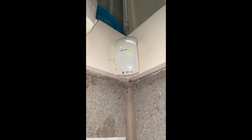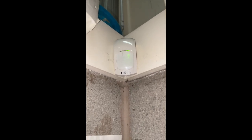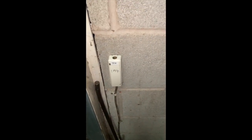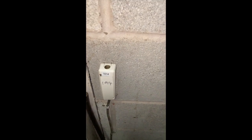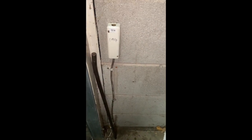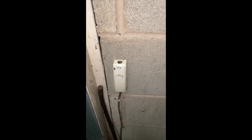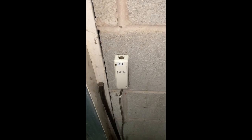I've relabeled the detectors, because these detectors weren't fitted by me. The whole system wasn't fitted by me. It's one I took over. So I've done that one. That one's already labelled. I've done that one. I've made a note about the other one. This is fine, this one is. From memory, this is the one that used to get damaged, mainly. But we've got no problem with that one now. Okay, so...